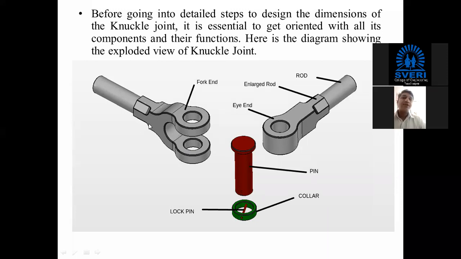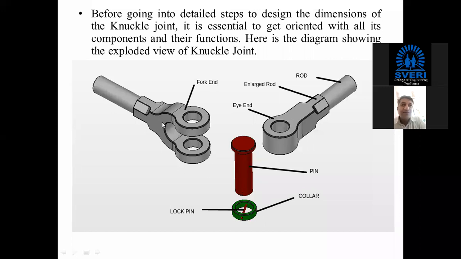So the fork is nothing but an integrated part of this rod, and it is forged on that rod only. In the case of a tractor, it is connected with fasteners. But here you can see this rod which is used to transmit the pull, on that rod only it is forged. Sometimes it is threaded also. That is, the rod would have external threads, and this fork will have internal threads, and they are connected with each other. But you can consider it as an integrated part for the sake of simplicity of our design.